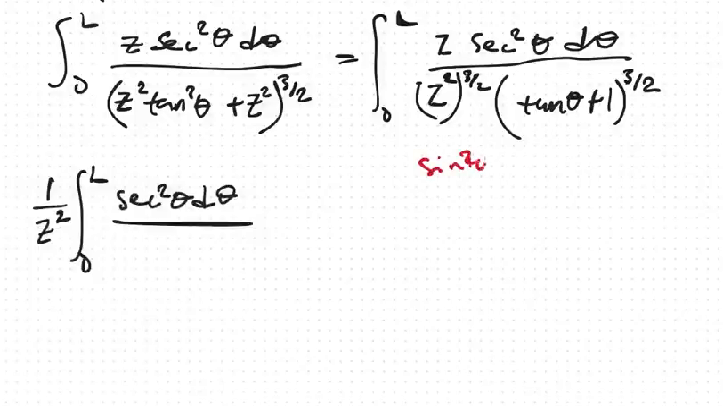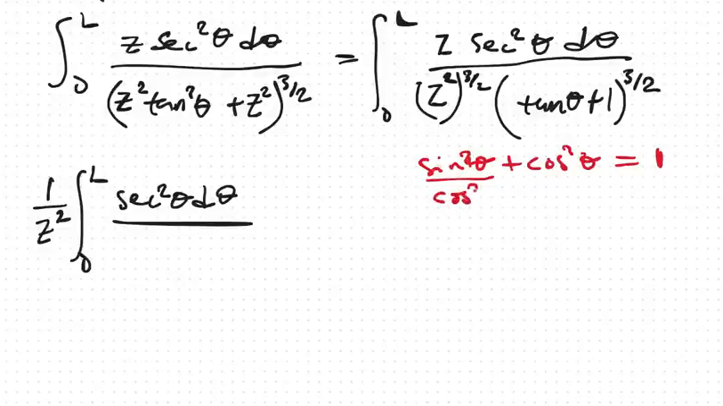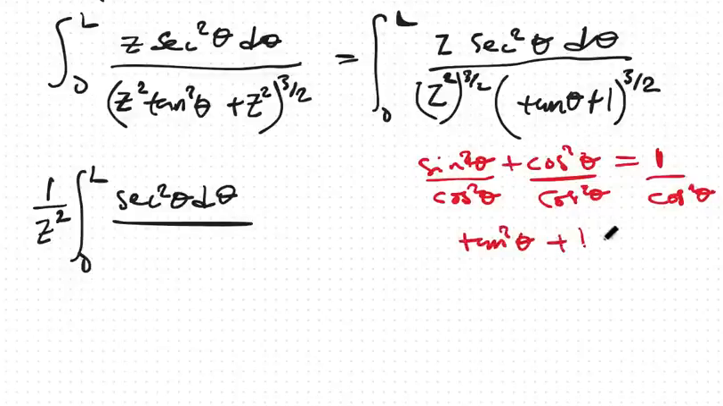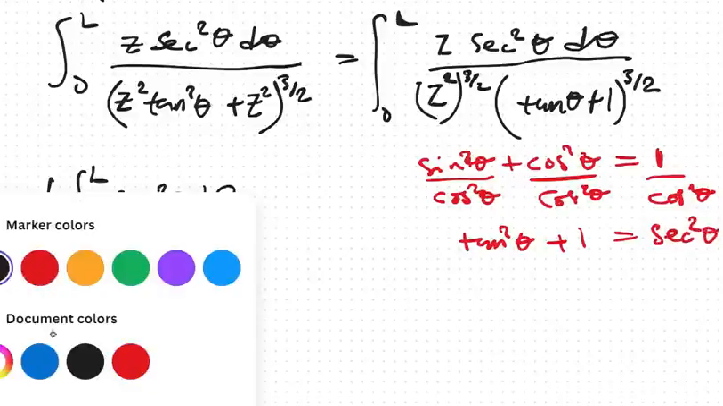sine squared theta plus cos squared theta is equal to 1, right? And if we decide to divide both sides by cos squared theta, then this will be tan squared theta, and here 1 is equal to 1 divided by cos squared theta, which is sec squared theta. So in this case, we can substitute sec squared theta back into